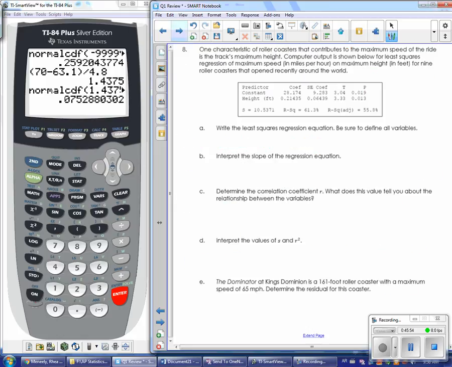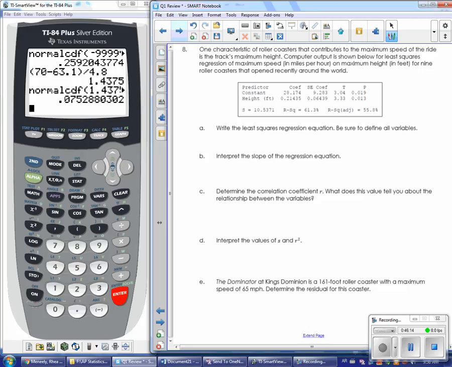All right. So I think number 8 is the last one. And number 8 refers to several different problems on your quarterly assessment. So it reviews a lot of different skills related to least squares regression. So number 8, it says one characteristic of roller coasters that contributes to the maximum speed of the ride is